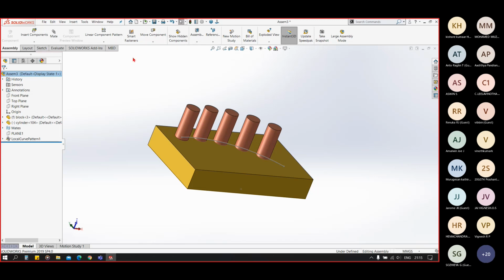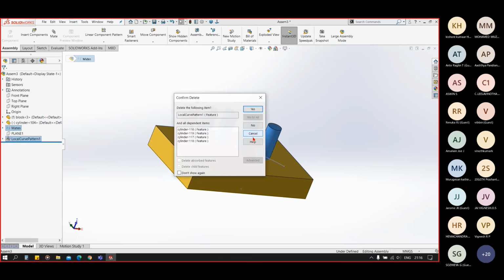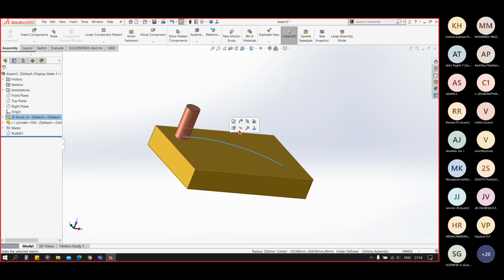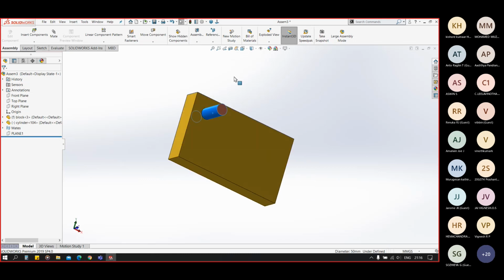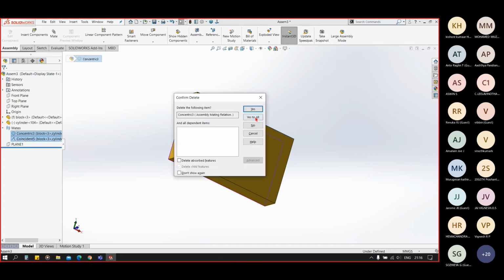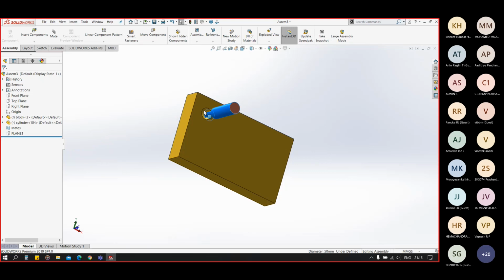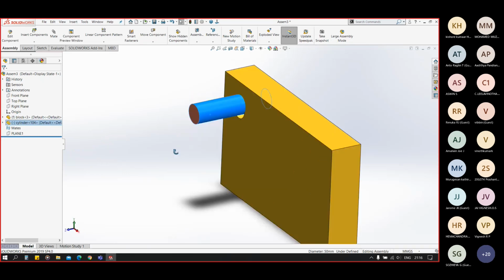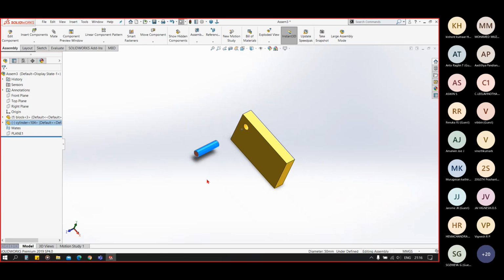Now let's see the move component and rotate component here. You can see you can move easily using the mouse cursor by dragging it, but you cannot rotate it in the assembly.